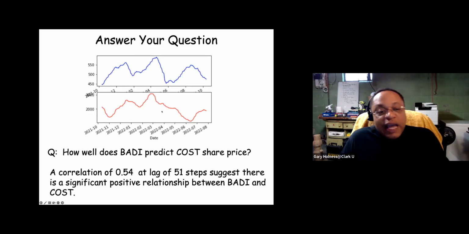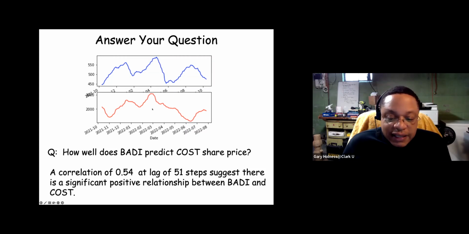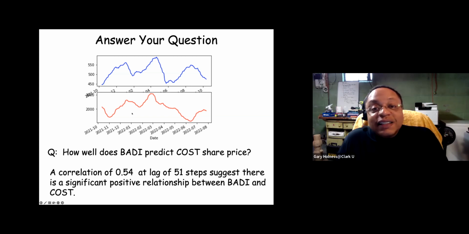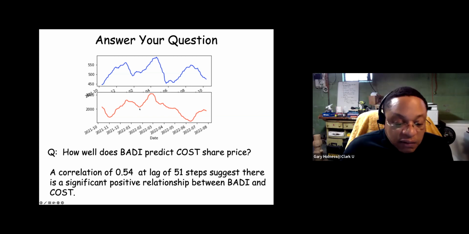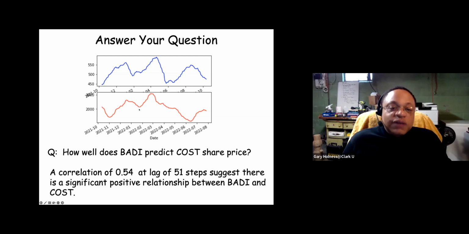All right. So in answering the question then, once we know the lag for the Baltic dry goods index that maximizes the correlation, we can plot both the regular version of Baltic dry goods as well as the lagged or shifted in time version of Baltic dry goods. And then with that visualization, you can actually see that when Baltic dry goods in the red goes down, the Costco stock also goes down. Okay. Any questions about this? Does that make sense? No questions?